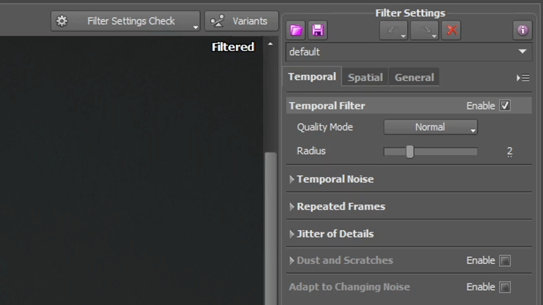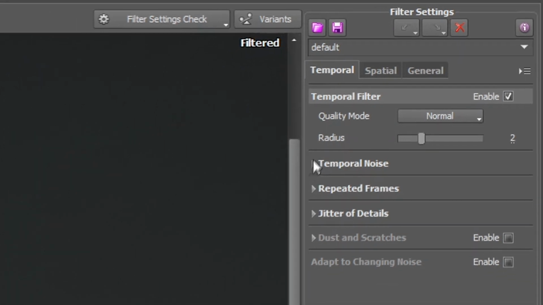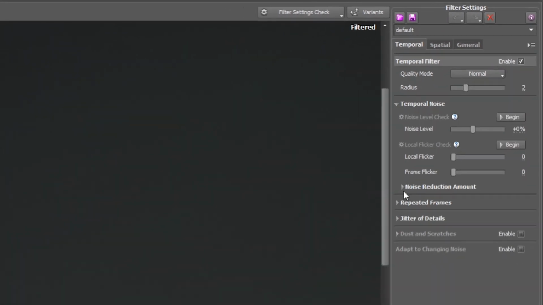So Neat reduces noise a couple of different ways, using a couple of different algorithms, temporal and spatial. Usually with both temporal and spatial enabled, that provides the best noise reduction results while retaining the best amount of sharpness. Here we could drop down all the different trees and look at all the different options that they have